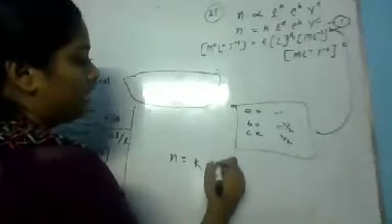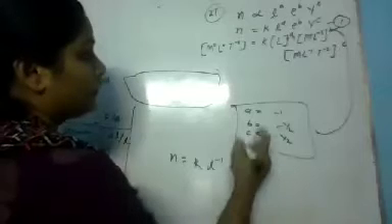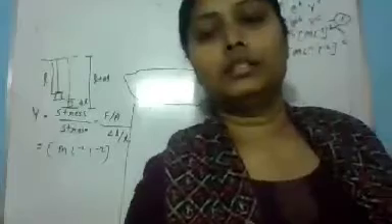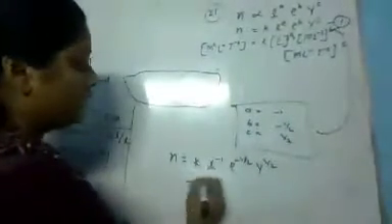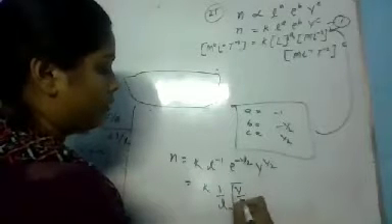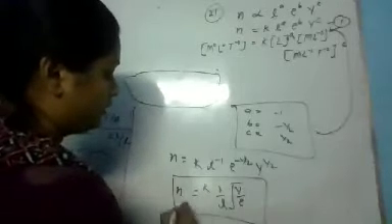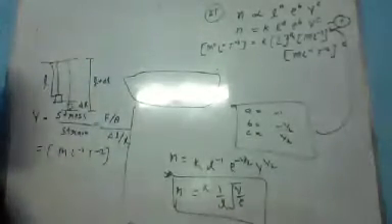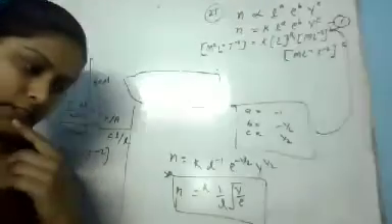K L to the power minus 1, rho to the power minus 1/2, and Y to the power 1/2. Rest of you, please tell me you are getting this value or anything else. We can write it like this: n equals 1 upon L under root Y upon rho. This will be the formula of frequency of the tuning fork. Is that clear to everyone? Yes, ma'am. Yes, ma'am. Yes, ma'am.